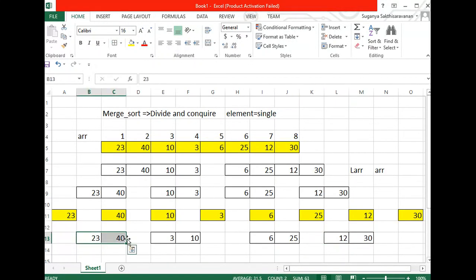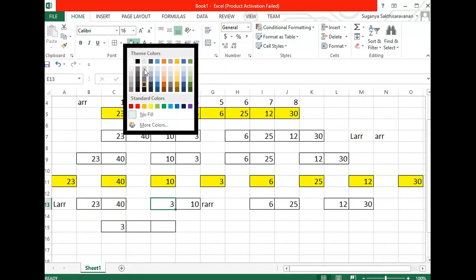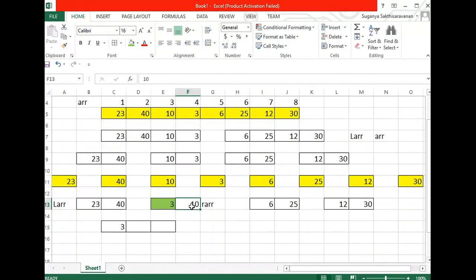Again, these two arrays will be sorted. So taking this as a left array and this as a right array, I'm going to sort again. So the 4 elements will be sorted. Listen carefully, guys, this is the important logic. This is your left array and this is your right array. Considering these, I'll compare the 0th index of your left array and the 0th index of your right array. Whichever element is smaller, I'll bring that element to the first position of your new array. And next, once an element has been inserted, I'll move its pointer to the next one.